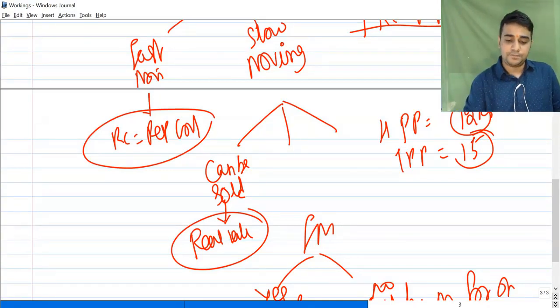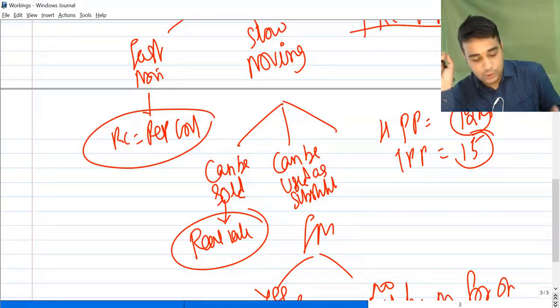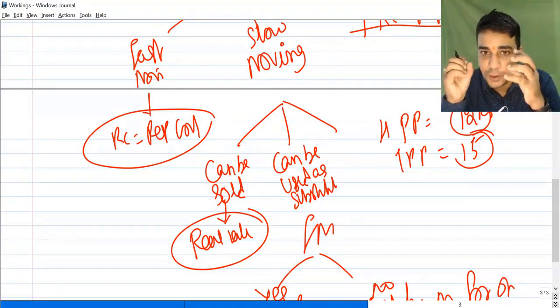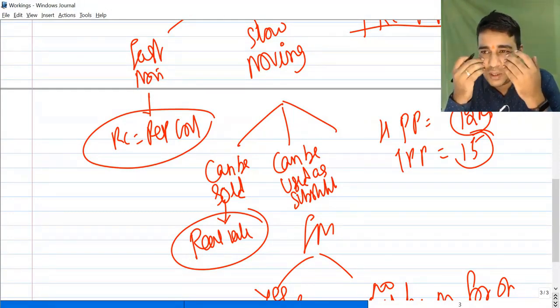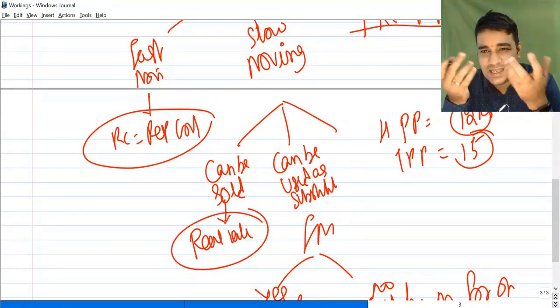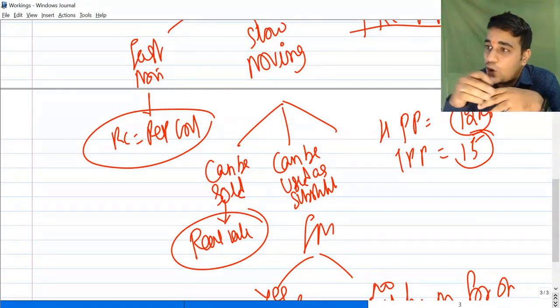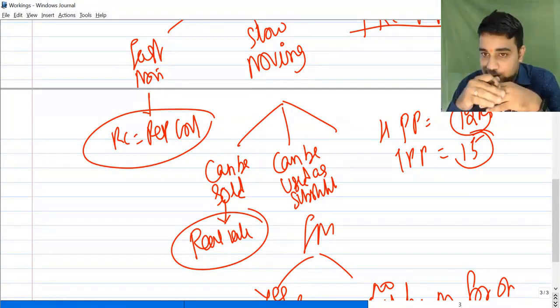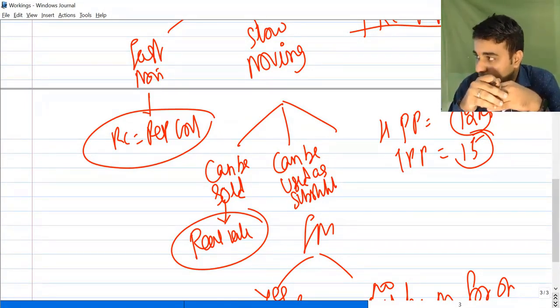Second option is, can be used as substitute. You had material A in stock. You wanted 500 units of material A for your project. You went to the storekeeper and said, I want to use this material. He says, we normally don't have any use of this, but suddenly another project manager wanted to use this in place of material C. I normally don't need this material, but he was planning to use this for the purpose of material C.